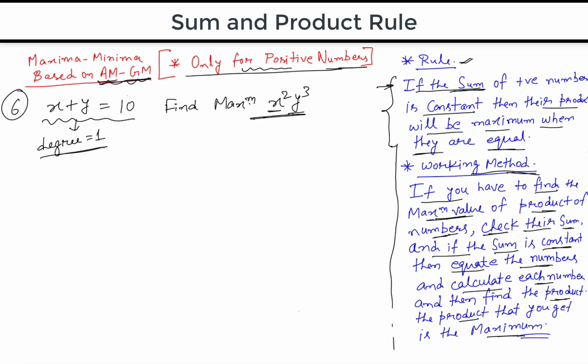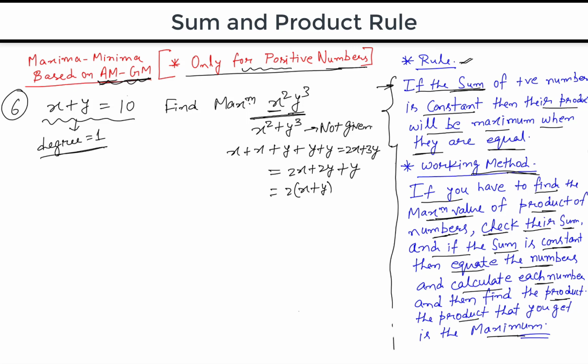So what should I do now? Now we cannot go ahead directly with this. We cannot add x square plus y cube because that is not given. Right? We can't even add x plus x, or if you do that, see what happens. Y plus y, you'll get 2x plus 3y. So this is not helping because 2x plus 3y will not be constant. You can check that. 2x plus 2y plus y. Right? So it is 2 times x plus y plus y. X plus y is given, that is 10. 2 into 10 plus y, that is 20 plus y. Is it a constant value? No, it is not a constant value. So what should we do now? See, understand one thing, that at the end of the day, this is the only information given. So this has to be used, right?